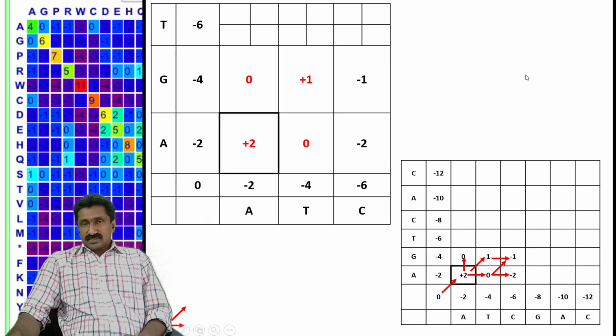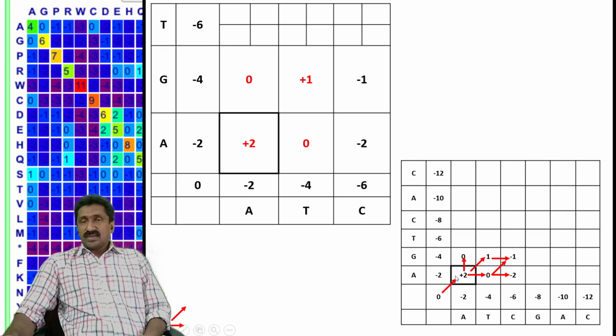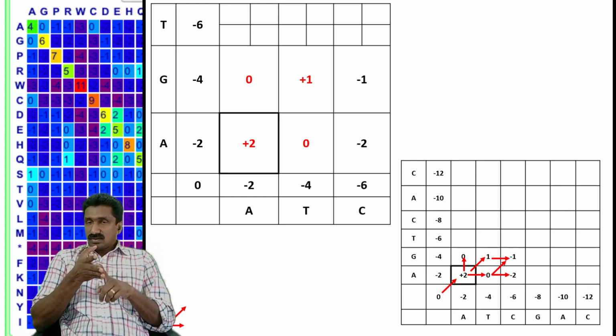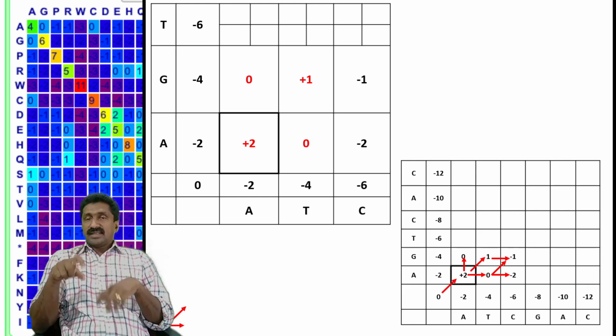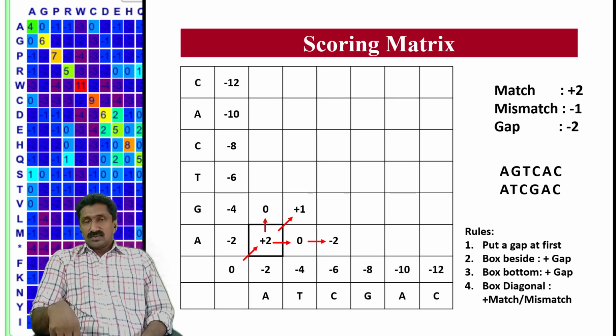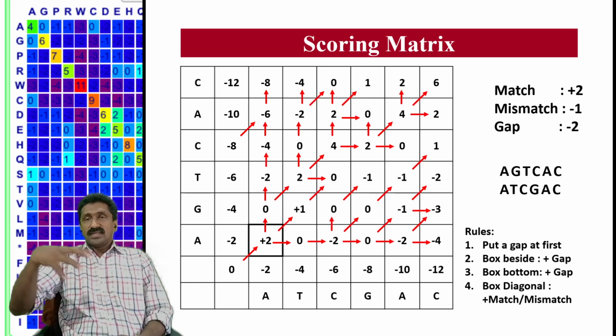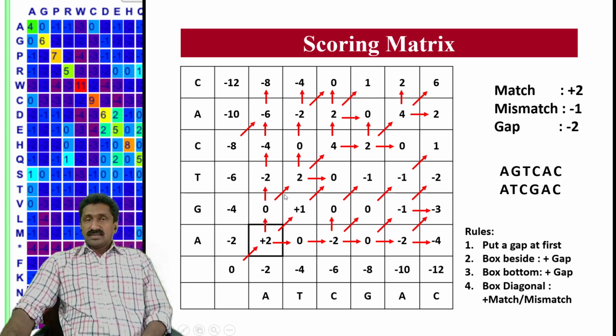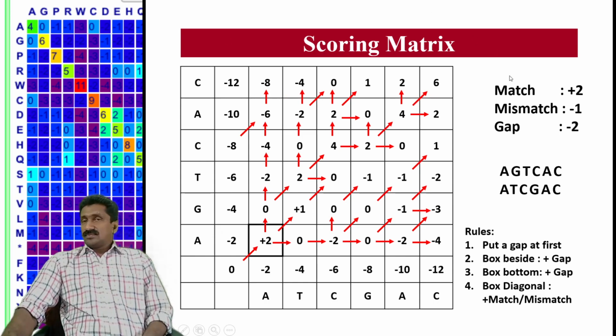And this scoring pattern or scoring algorithm will assign the values for each and every cell, and they will add the value of a match, mismatch, or the gap to that cell, and the highest value of each cell will be taken. So this is how a scoring matrix is calculated. So you can see that you can go on filling the entire matrix by assigning the values. For example, if you take this one, you will calculate the diagonal value, horizontal value, and bottom value, and all the values will be taken. So similarly, you can calculate the entire matrix, and the values will be assigned.